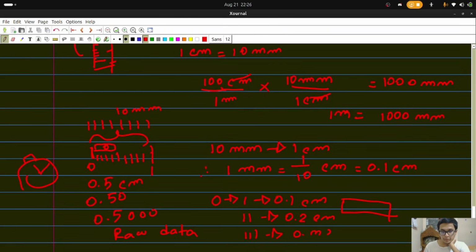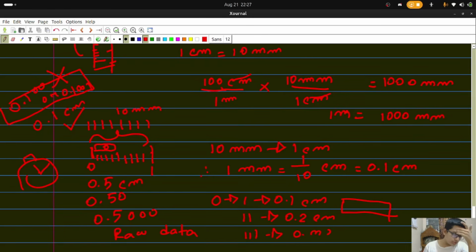See, 1 decimal place. When you measure with a ruler, each line gives you a measure up to 0.1 centimeter. Each of these lines increases by 0.1 centimeter. It does not increase by 0.100 or 0.1001. No, this is not how the ruler works. We do not do that. We do this. So whenever we measure something, we will use decimal points